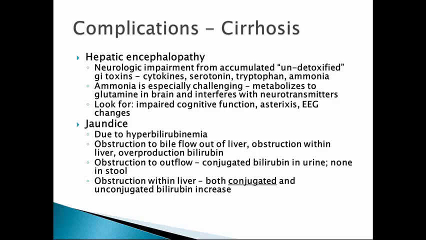So let me say that again, because I think I faltered a little bit. Jaundice due to hyperbilirubinemia can be due to an obstruction to bile flow out of the liver, an obstruction inside the liver, or